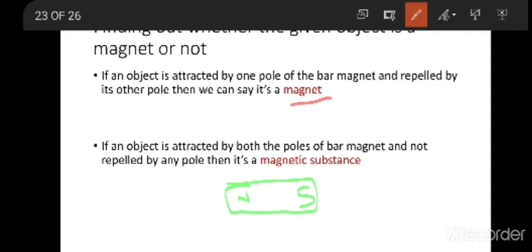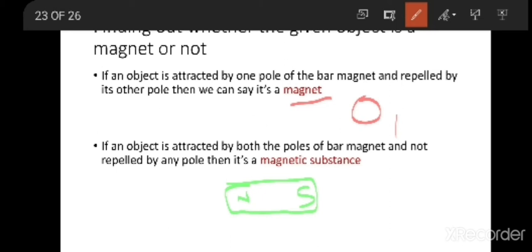Now we have an unknown object here. We don't know whether it is a magnet, a magnetic substance or a non-magnetic substance. So I name it object 1.